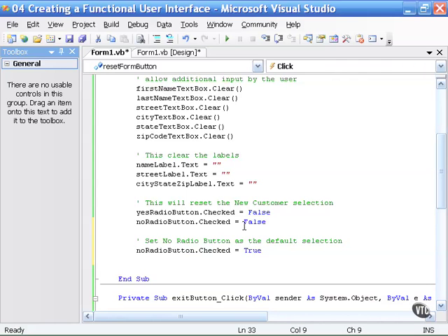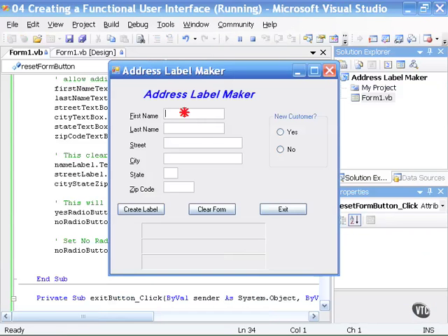So what we're saying here is clear the contents, clear all the labels and radio buttons, and then go back and reset the no button to true. So whether it was selected or not before, it will now be reset to no. So let's test our program one more time. I've now created the label, and I'll choose yes again. Click clear form, and notice everything is cleared, but now the no radio button has been pre-selected for me for